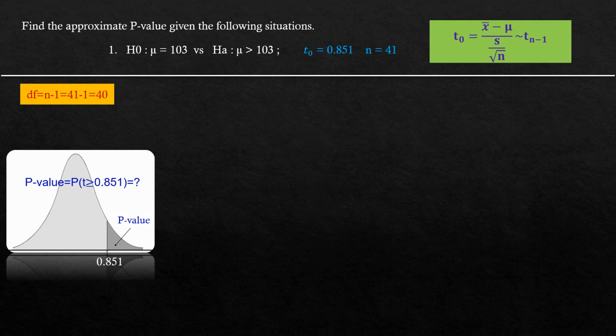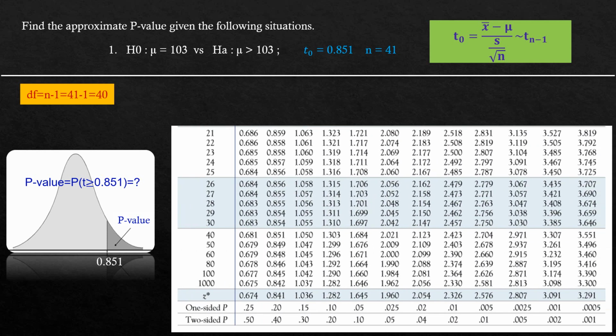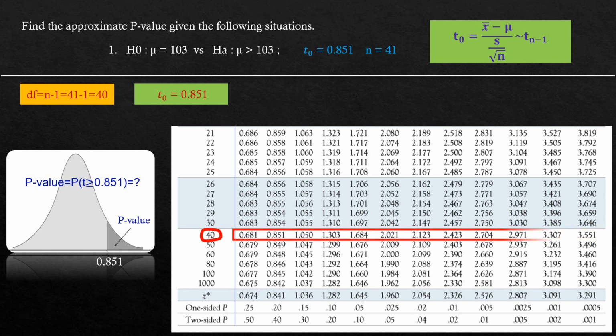How do we find this area? Let me take the t table. Now go to the degrees of freedom. It is here, 40. Once we have the degrees of freedom, we should go back to the test statistic. It is 0.851. Then we search this row to find 0.851. Can you find 0.851 in this row? Yes, you see that this is